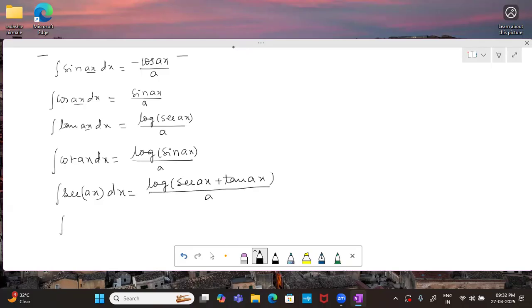And integration of cosec ax dx is log of cosec ax minus cot ax divided by a. So you have to remember these integrals, which are very useful in the method of variation of parameters. So these are all the methods of